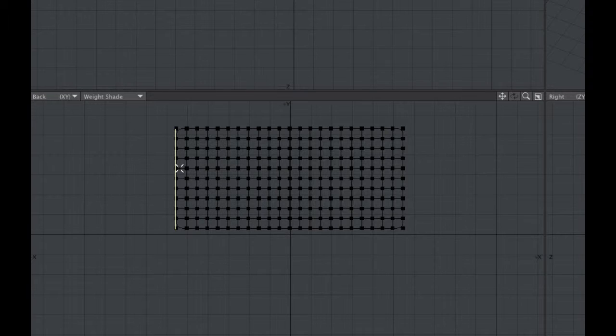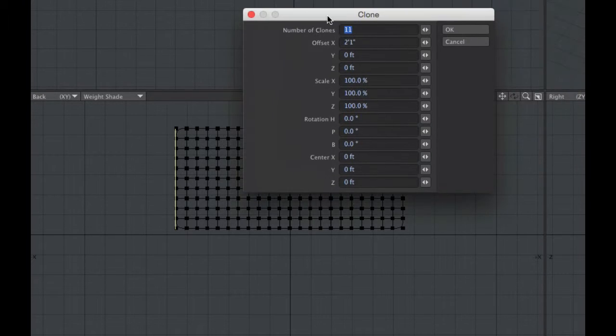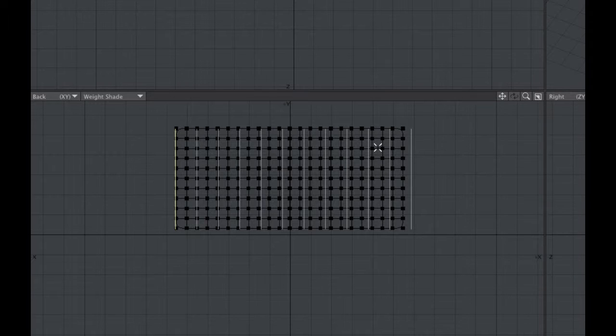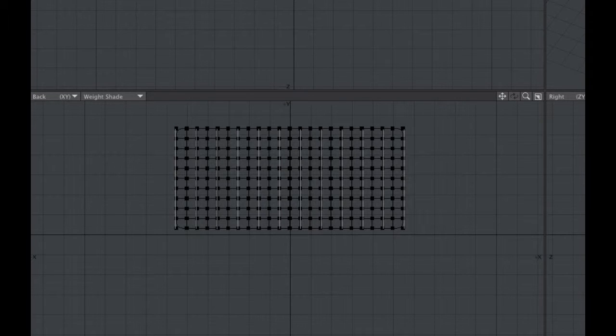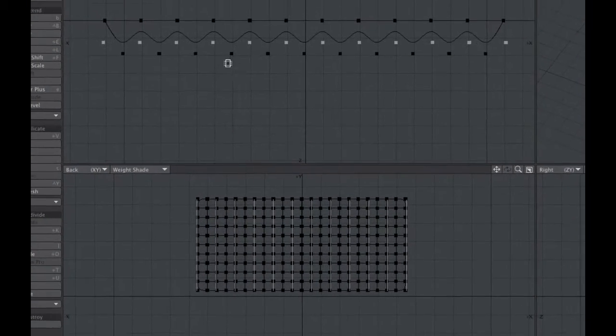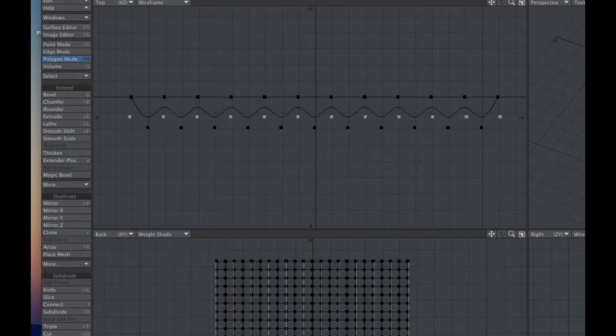But what we need to do is clone this about 11 times. So we're going to clone it 11 times, and we're going to stretch it back a little bit so that it's the same width. So basically what you see in the top view, which is going to be positioned between the top row of points and the bottom row, we'll put them right in the middle. They're basically a 1-for-1 with the existing poly points. I'm going to just pull it over a little bit, and I'm going to just pull it back a little bit. This isn't super crucial,